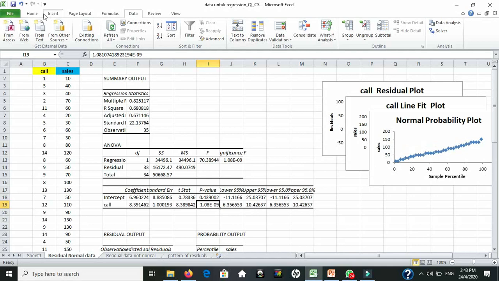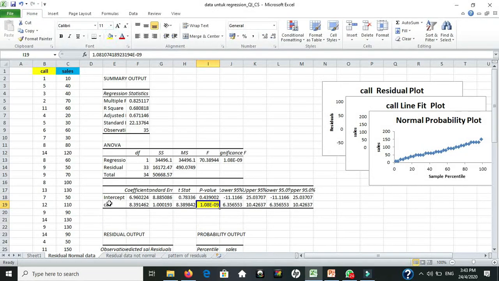Here, the p-value for beta seems very small compared to 0.05, the alpha value, so we tend to believe that there is a relationship between calls and sales. Here we look at the R square, and we believe that 98% of the sales is explained by the variation in calls. So that is the initial